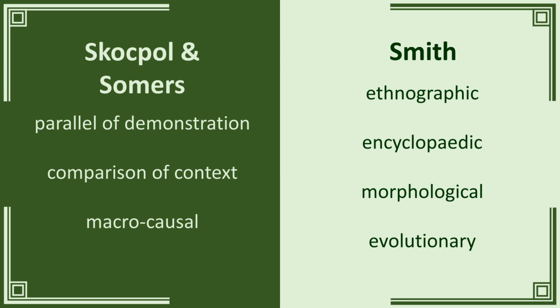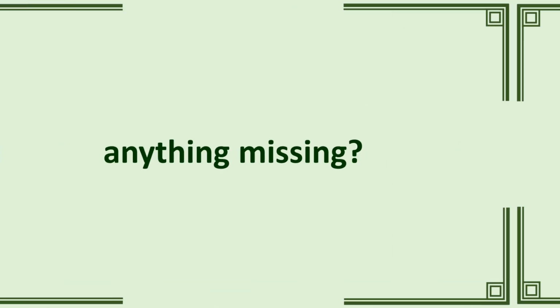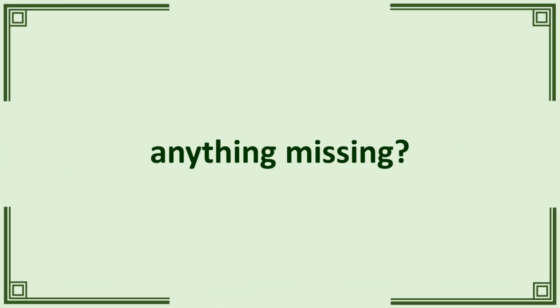And that's not the only juxtaposition we could make. There is a really obvious example, and actually it's so obvious that Skocpol and Somers must have known about it, and I suspect the omission was intentional. Because philology, a historical subdiscipline that has never lacked for self-confidence, refers to one of its theoretical approaches as the comparative method. So yeah, Skocpol and Somers' list is not comprehensive, but it is a good place to start, and